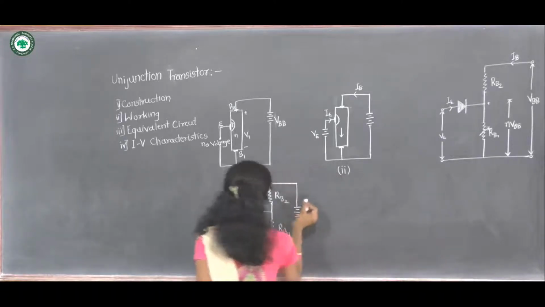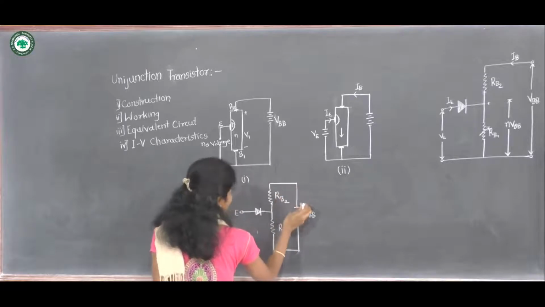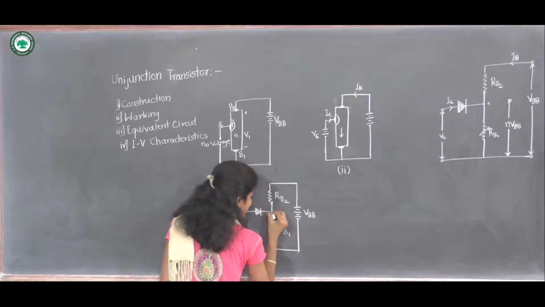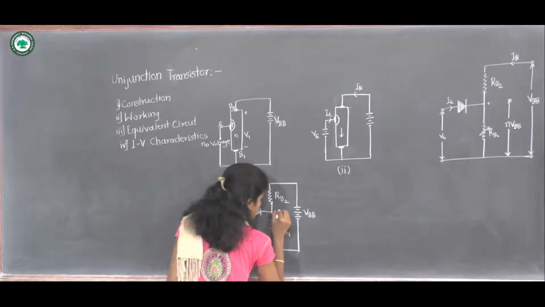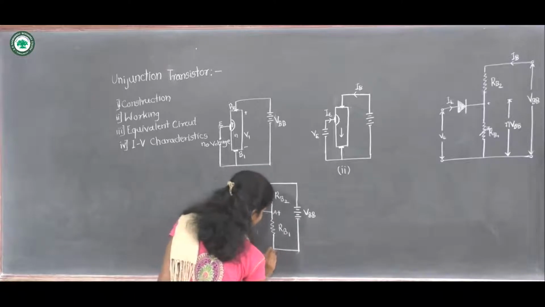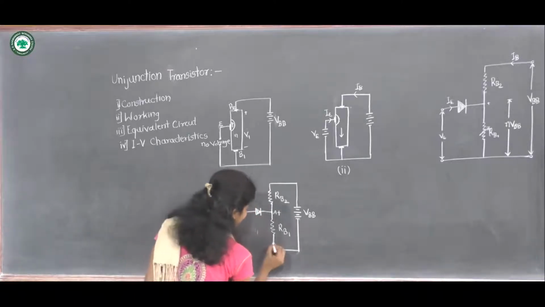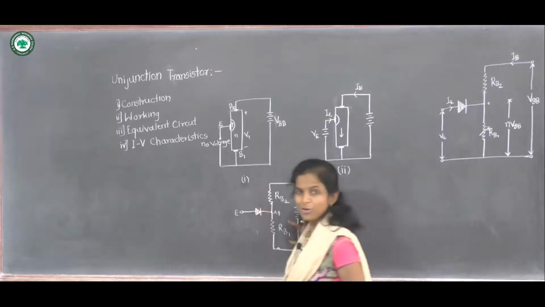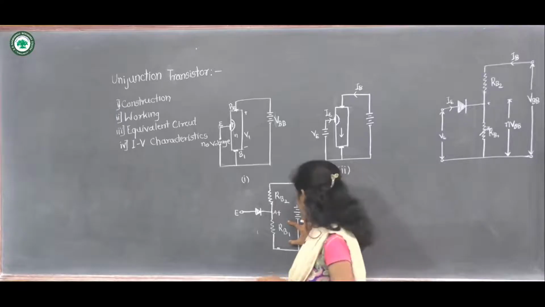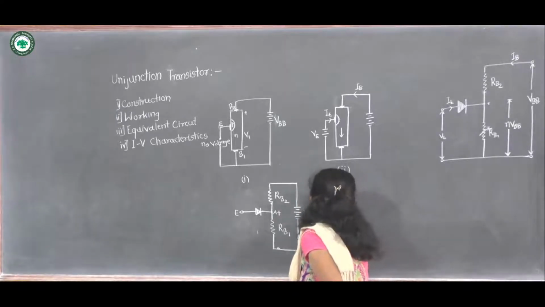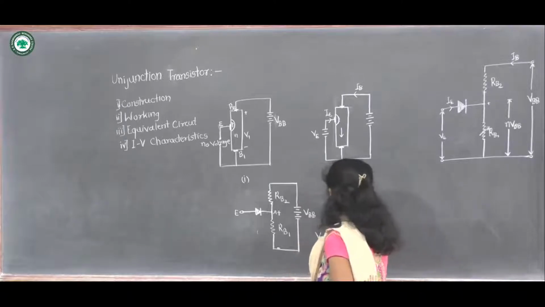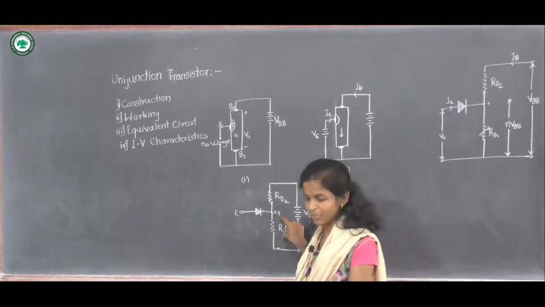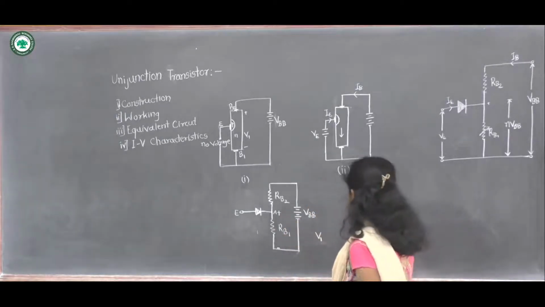And when the emitter terminal is open, as there is a positive potential at this RB2, if we take this point A, it will become positive, and at the terminal B1 it will become negative. So the voltage drop across this RB1 is denoted as V1. Okay, so if one has to know how much voltage drop is observed across this RB1,